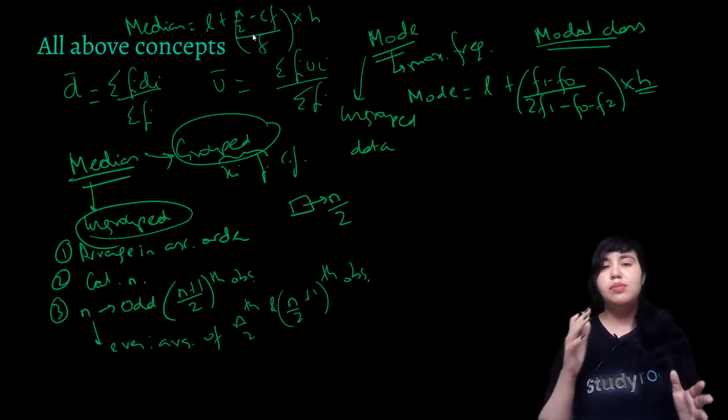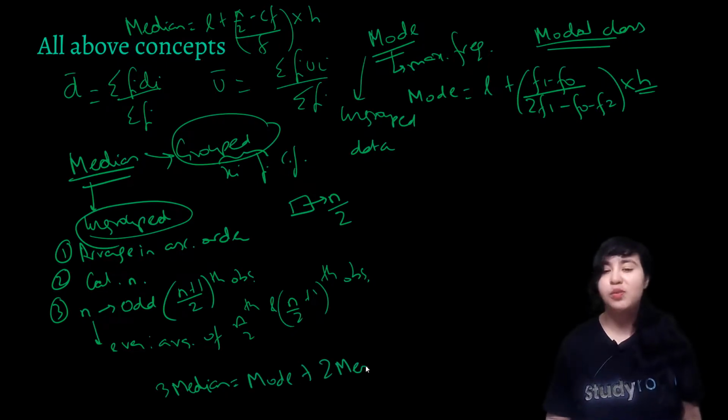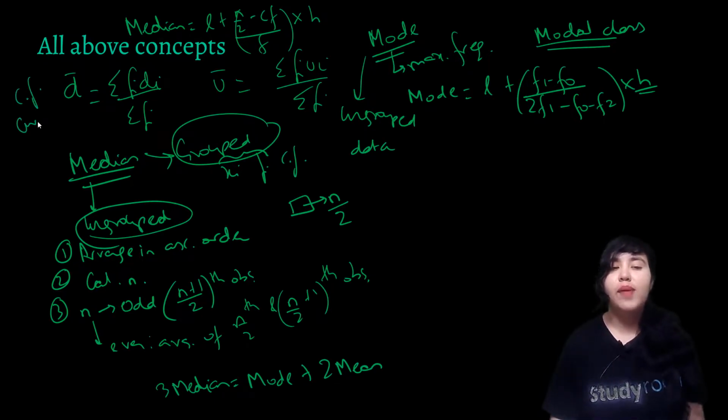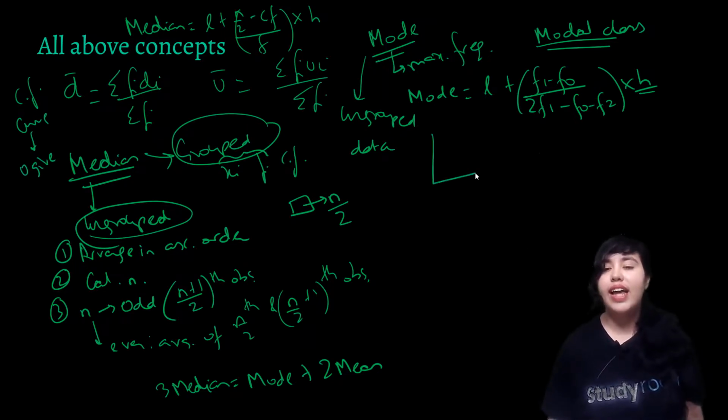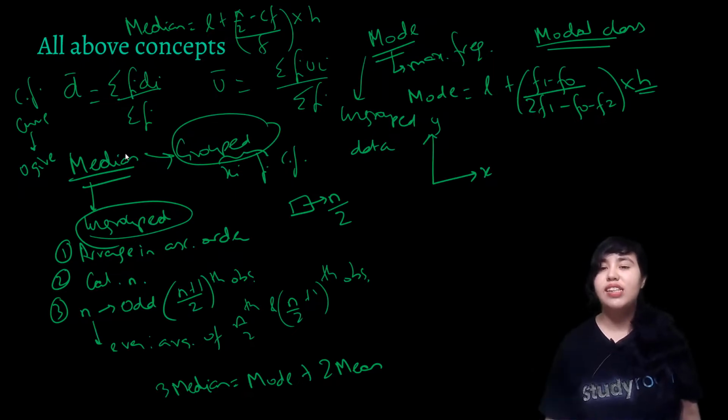After having understood mean, median, mode, we also saw an empirical relation between the three. What was that? That was 3 times median is equal to mode plus mean? No, mode plus 2 mean. Okay, so then what do we call a cumulative frequency curve, by the way? We call it an ogive. Now if it is a curve, we'll have an x-axis, we'll have a y-axis. So what do we have on x-axis? This ogive could also be of less than type and more than type. For less than type, here you have the upper limits. For more than type, here you have the lower limits. And here you will always have the corresponding cumulative frequencies.